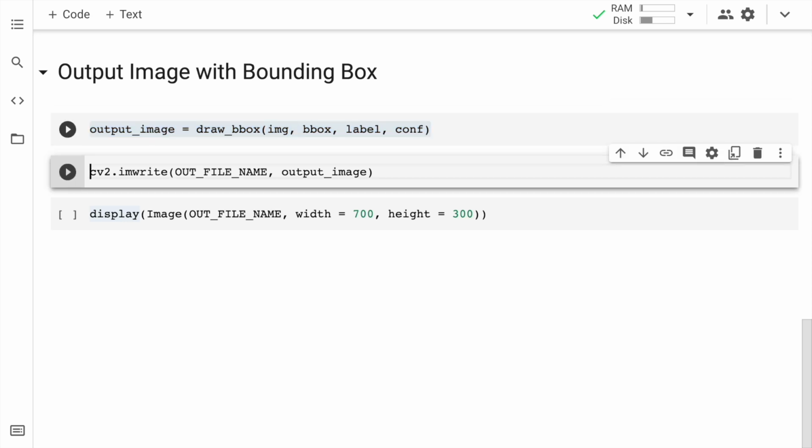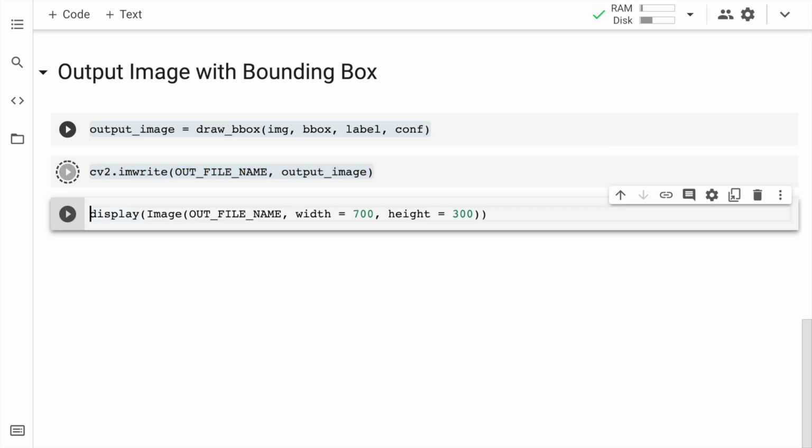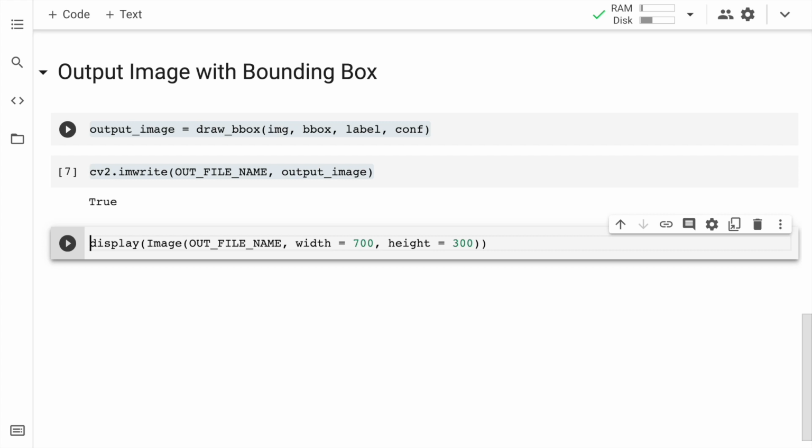This NumPy array will essentially contain the raw image as well as a bounding box where the object has been located. I essentially want to write back this particular new image into a new file, which is where I'll be utilizing cv2.imwrite. So let me quickly run this cell. Now that I've written to the image, I'll quickly show you the new version of the image with the exact location of where the object was detected.